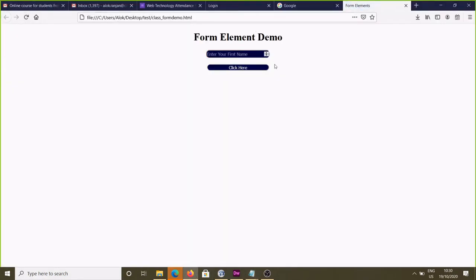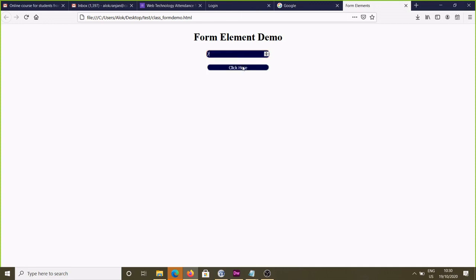You see here the horizontal and vertical arrows are there. Click here to increase the number, only a number will come. Suppose that you want to write text here and you click submit, a message will come, please enter a number. Suppose that you write a number first and then text, again you will see a message is coming. Okay, so this is one way, the format to check only numbers.